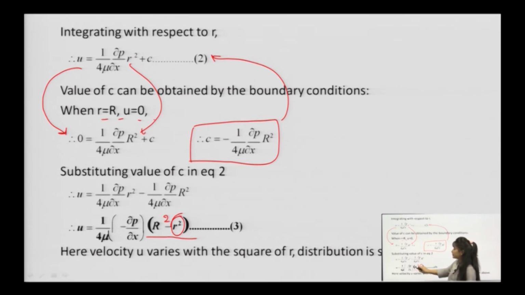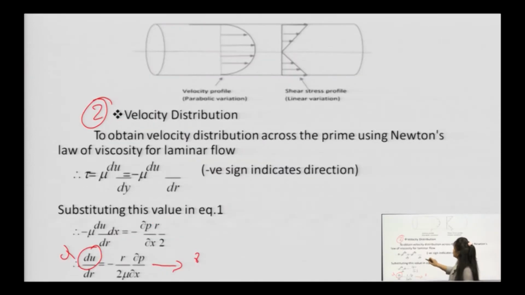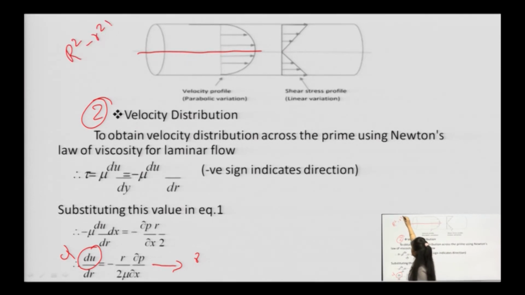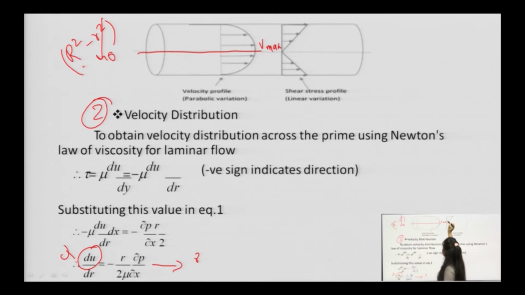It will result in capital R square. So, here you can see, if you look at the velocity distribution, at the center small r turns to 0, so the term R square minus small r square turns to R square, the radius of the pipe through which the viscous flow occurs. Hence you can recognize that within a circular pipe the maximum velocity will be obtained at the central line of the pipe.